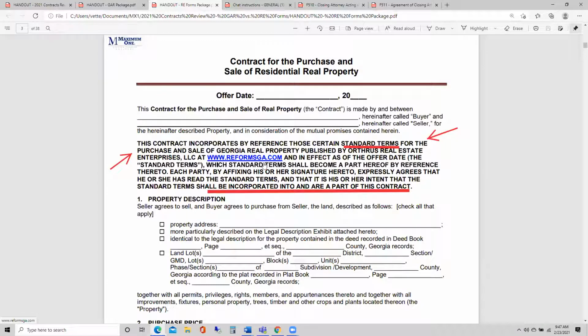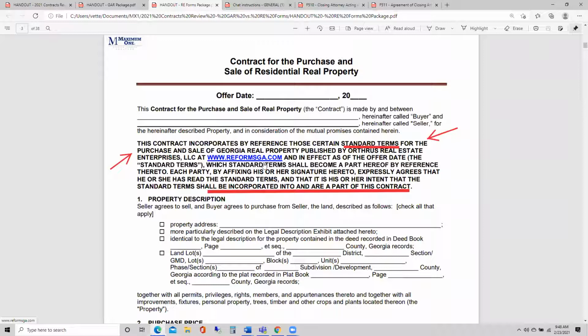And in effect, as of the offer date, the standard terms become a part of the offer and are incorporated by reference. When each party, meaning buyer or seller, affixes his or her signature to this actual 5-page contract, they expressly agree